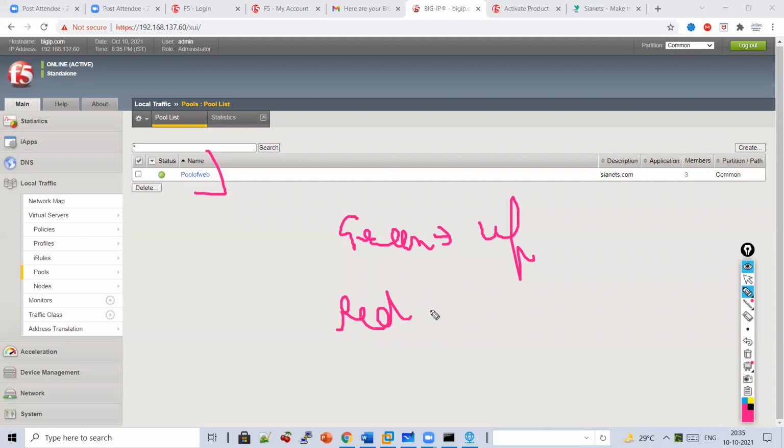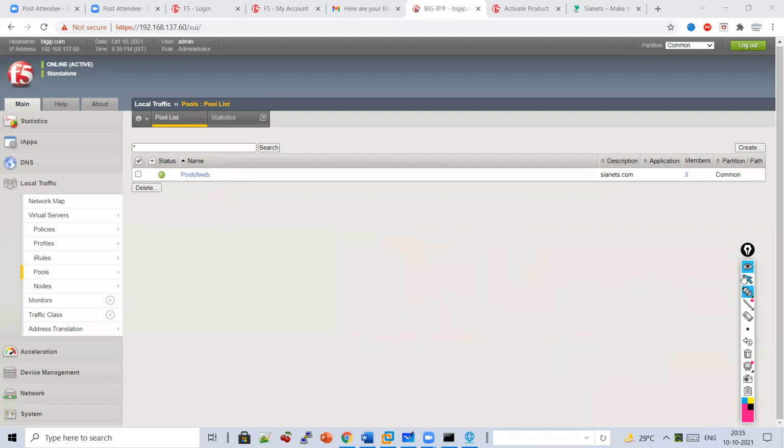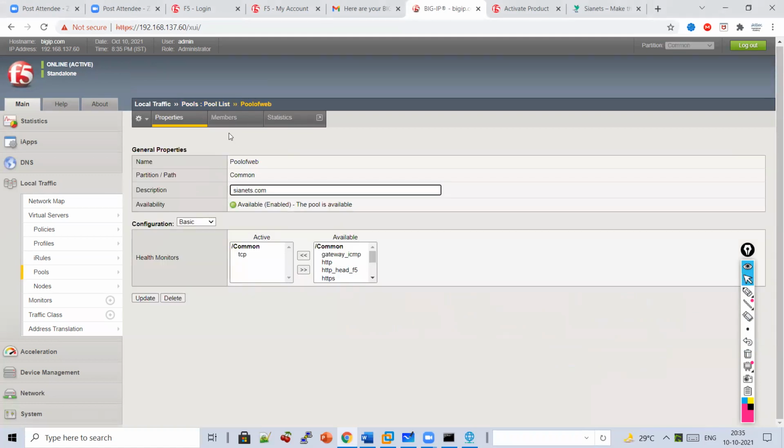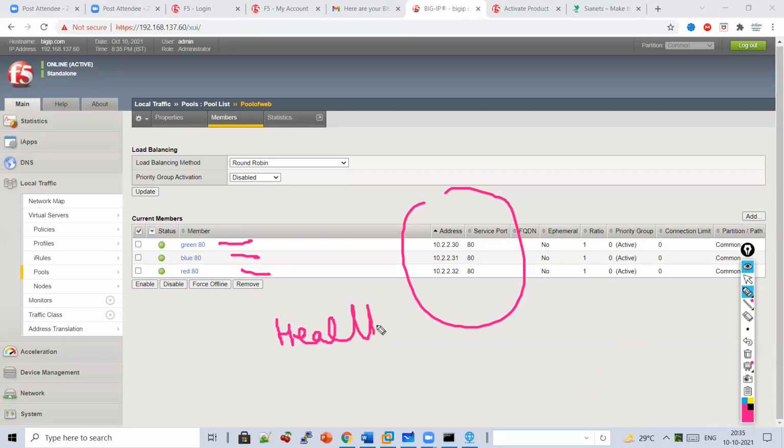If it is red, then there is some issue: the server is down or the health monitor is not working, so F5 is not able to reach the server. In our case, I will click here and go to members. Can you see this? All my servers are green, green, green, which means your servers are healthy.